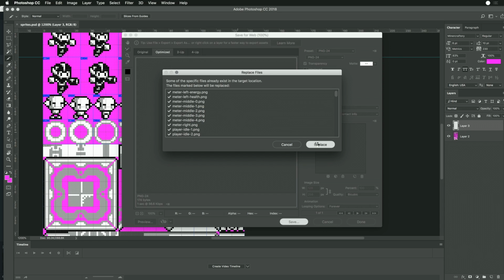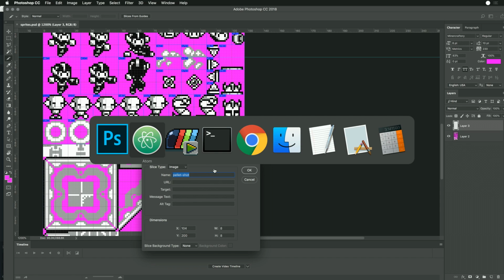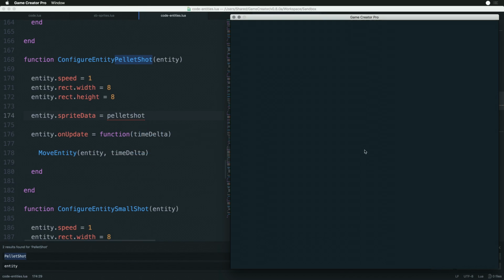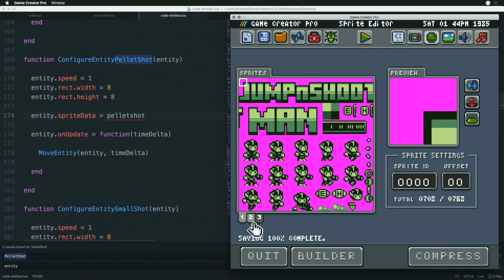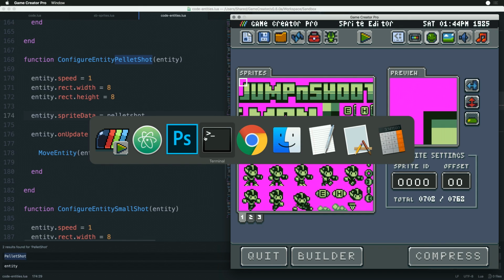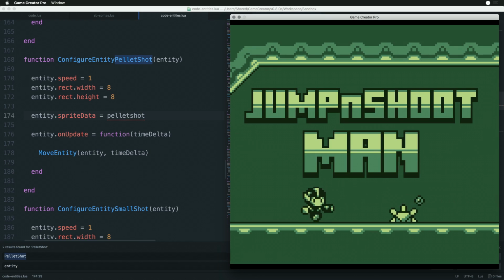Output everything. Pellet shot. And now here, we're going to set this to pellet shot. And now let's go and rebuild the sprites. Right, we should have it right here. Perfect. There we go. All right, so what we want to do now is come up with a